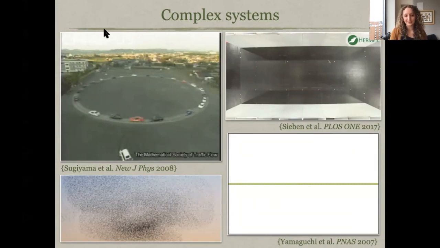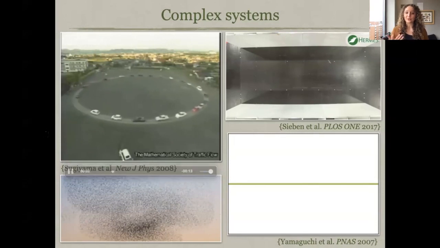The first one is my personal favorite example of a complex system. This is an example of a traffic jam forming. So before I start the video, the setup is that there's a bunch of cars placed on a circular road. It's an experimental condition. There's no stoplights, no stop signs, and all the cars were placed at equidistant distances on this road. And so what you'd hope is that the cars just kind of smoothly move around the circle and that there's no traffic jam. But instead, what you see is that the cars actually do form a traffic jam.